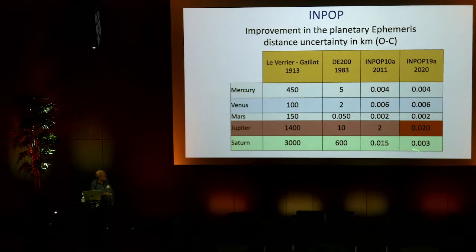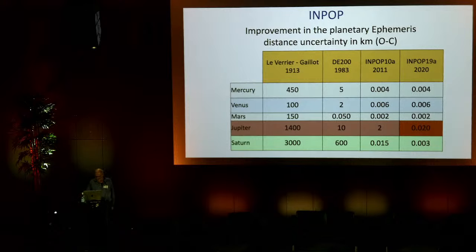And like that, we have a model with high improvement. These are the residuals in kilometers. You see the evolution. Now we have residuals for all the main planets of a few meters. So this is how we are sure that our model is very good, and we can then propagate it. But sometimes people would say, but how? You are sure for a short time, the time of the observation. How can you be sure further in time? And there are even, from time to time,